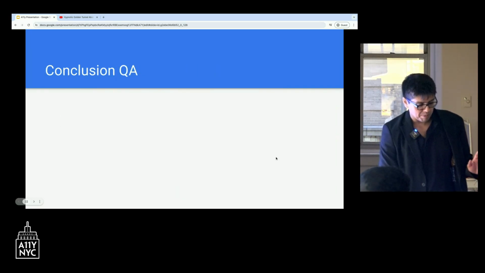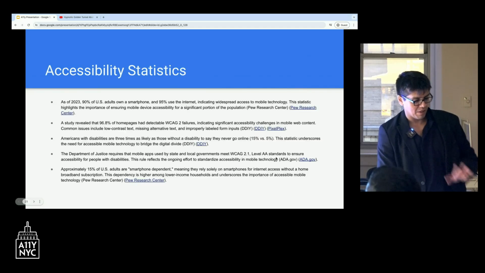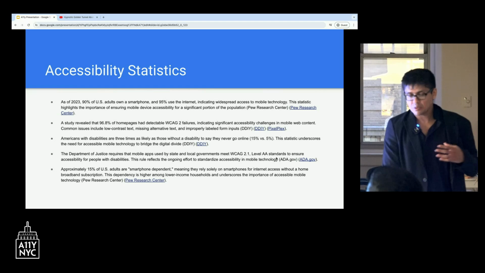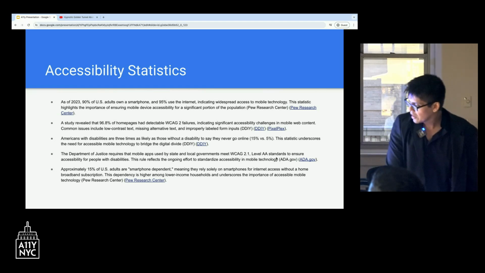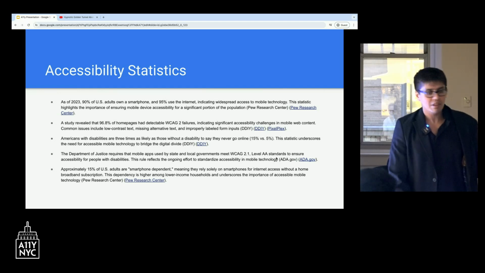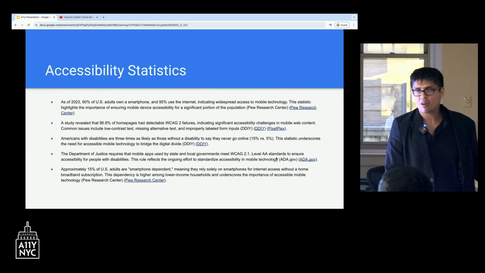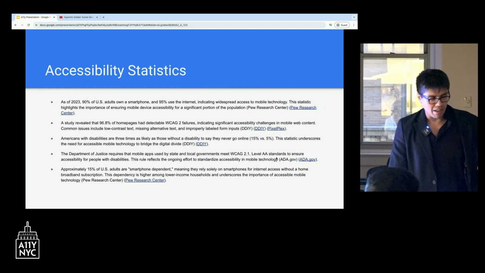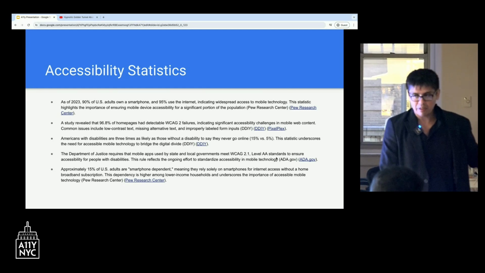So yeah, that's pretty much where I'm going to end. I do have some statistics that you can take a look at. There's a lot of interesting things about accessibility switches, mobile devices, and other things that are very useful in terms of how many people are using mobile now and how these are becoming more and more relevant in everyone's everyday life. But I'll leave it at that, and the slides will be available later.